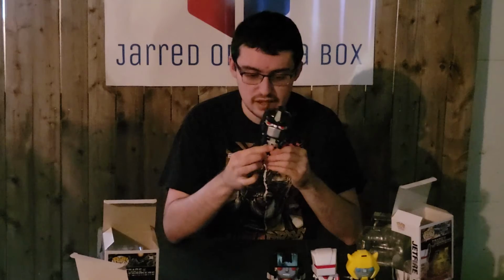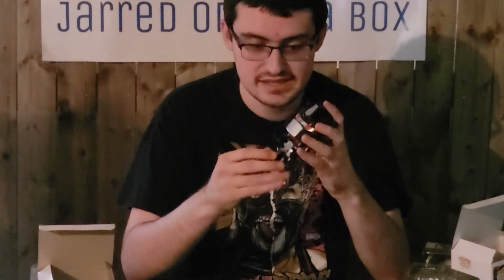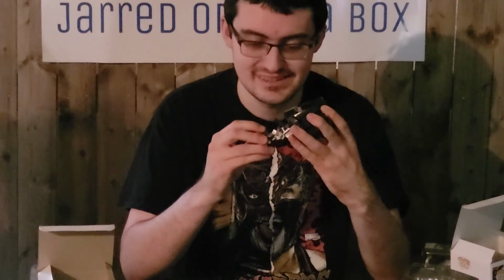Now, that would seem like a really lazy move on Funko's part, and sure, some might see it as a lazy move, but it looks fantastic, doesn't it? I mean, this looks really, really cool. I mean, he has just the black color and the red and the purple. Like, it just looks so cool to me. I don't know why. It just looks really, really cool. It also sold out in like 10 minutes, so I got really lucky, I was really glad I was able to